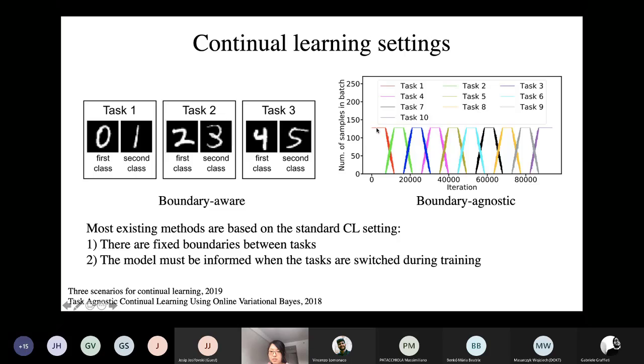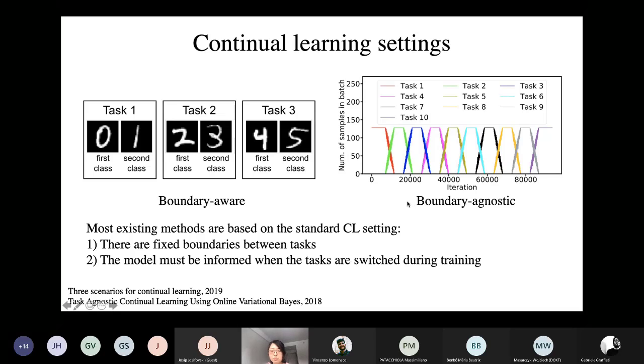So we introduce a new evaluation setting, which we call the boundary agnostic setting, as shown in this figure. The data from task 1 gradually decreases, and the data from task 2 gradually increases and then decreases. We can see there's a mixture of data from task 1 and task 2 in the middle. We show that our energy-based model can solve both settings and achieve good performance on them.